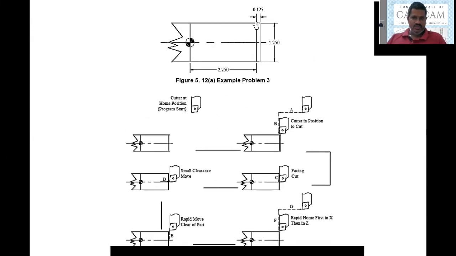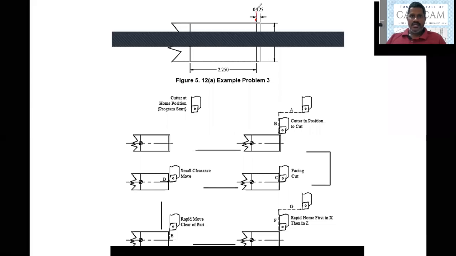Z value is 2.25 and X value is 1.25. That means X is 1.25, just above 0.1 centimeter, just above the X value. So the total diameter is 1.25, and we are adding some clearance before the cutting action takes place. So now the tool is at this location with a clearance of